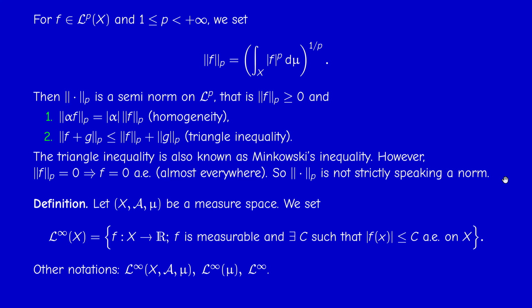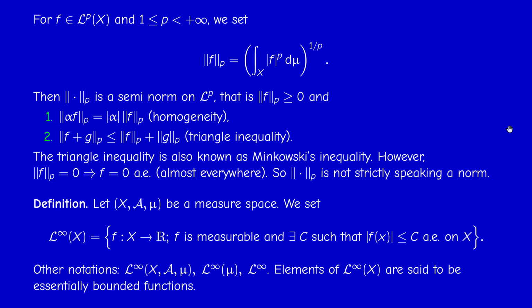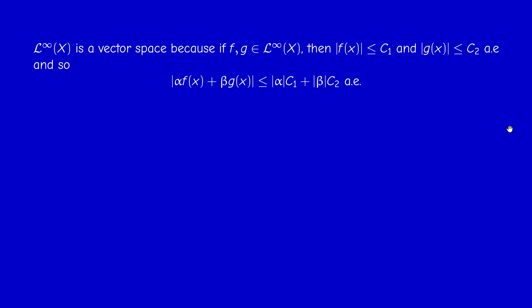Okay, so now we have a family of functions, this is of course a subspace of the space of all functions from x to R. This is not difficult to see, because if f and g are in L infinity, then alpha f plus beta g is measurable, and it's essentially bounded by absolute value of alpha times c1 plus absolute value of beta times c2. So this is a subspace of the space of functions